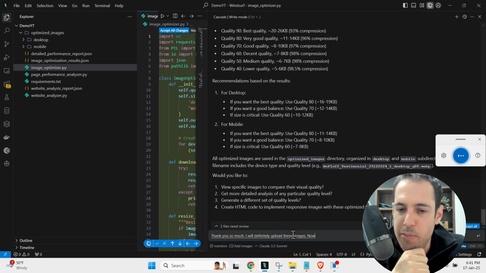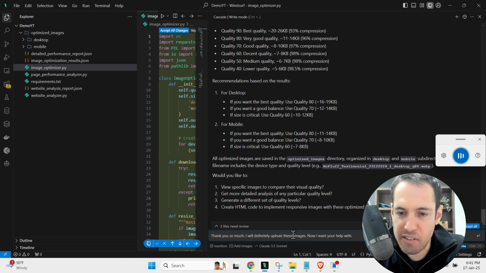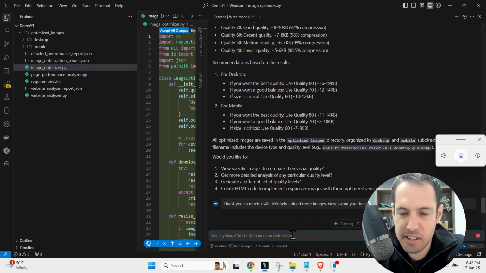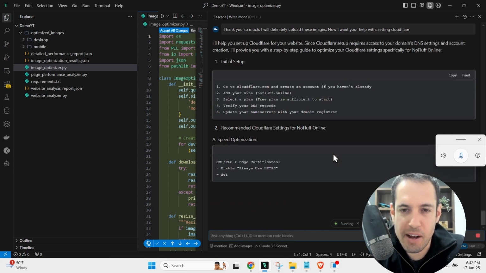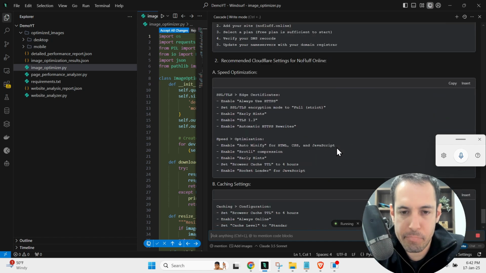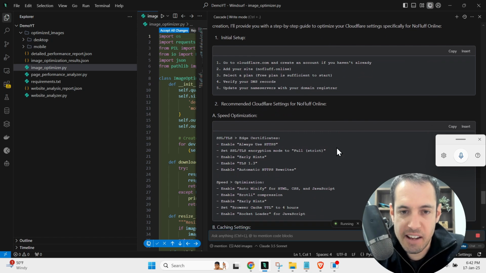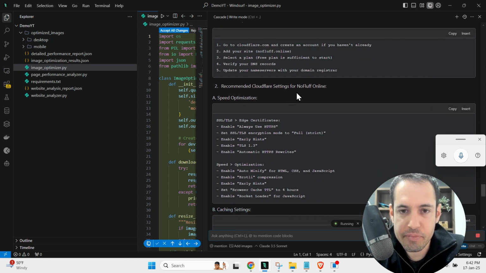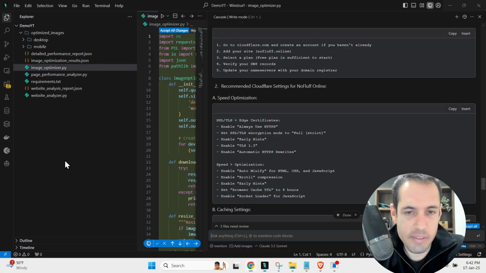Now I want your help with setting up Cloudflare. Cloudflare is a CDN, content delivery network, that is also crucial for optimizing website speed. And as you can see here, it gives me exactly what I need to do. So we have Cloudflare open already. Here, what we can do is speed optimization,